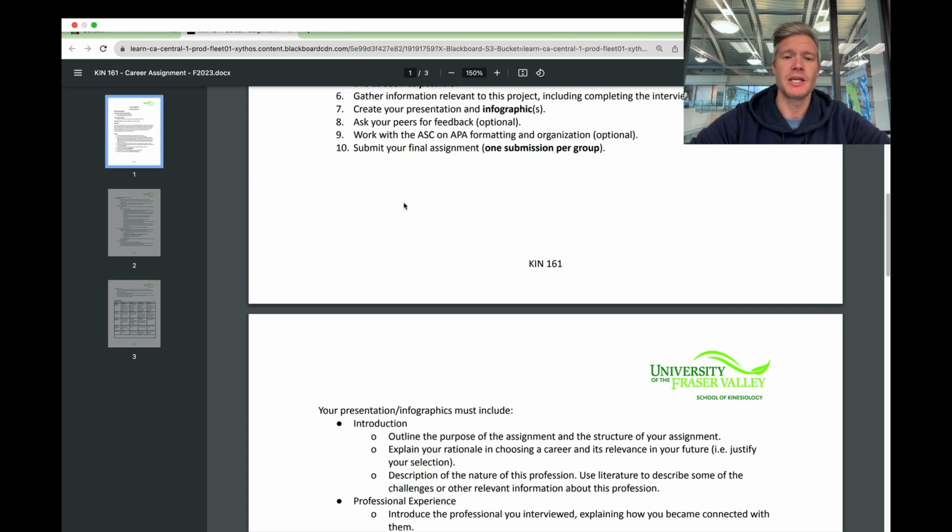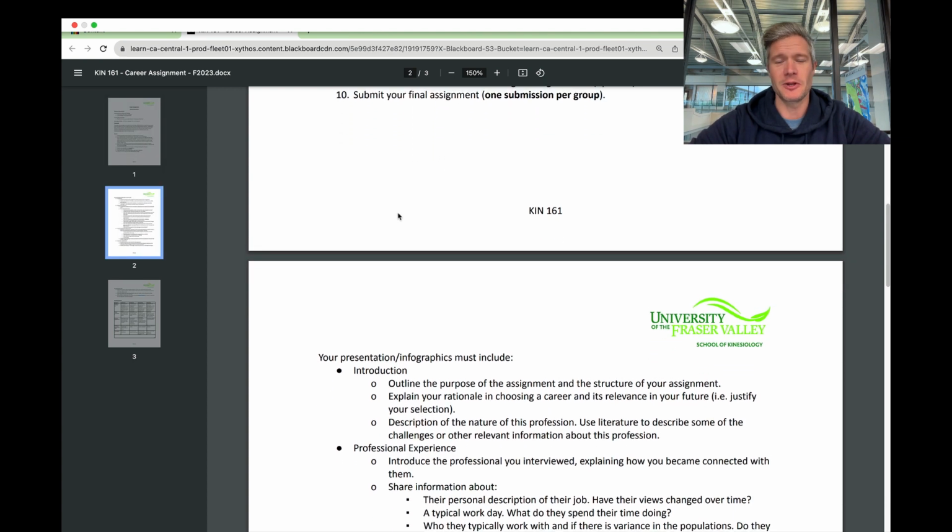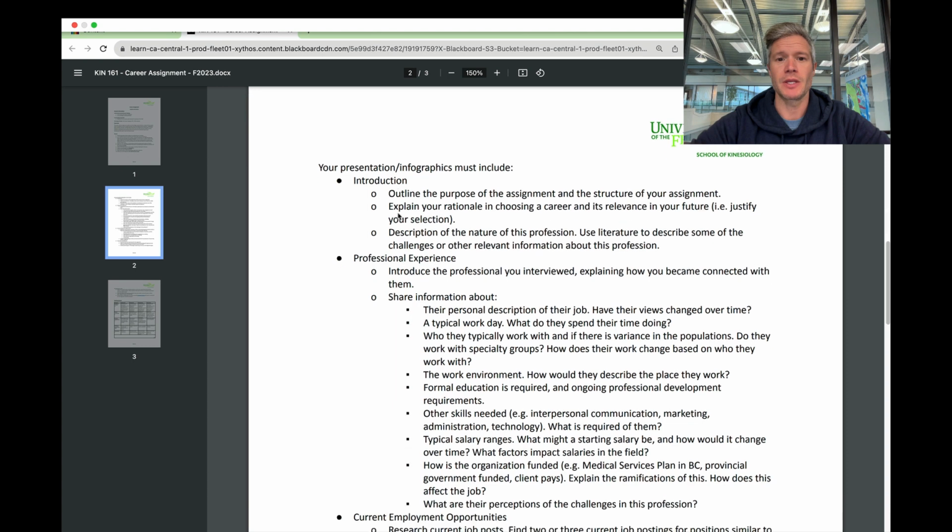Those are some extra steps. The last point, and one of the more important ones, is only one PDF or PowerPoint submission once you're all done presenting, as far as your final submission for me to look over, okay?